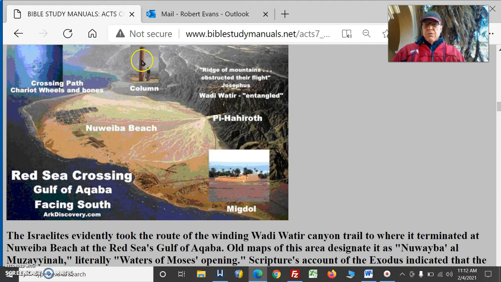There's a column that's on one side. There was a column on the other side, on the Arabian side, but the writings that Solomon put on it were stripped down, but you could still get a couple of Hebrew words here and there, but the Arabians on that side did not want to give credit to what happened at the Red Sea crossing right there.